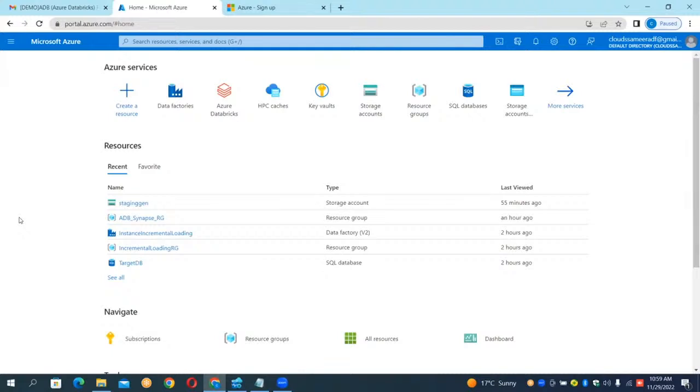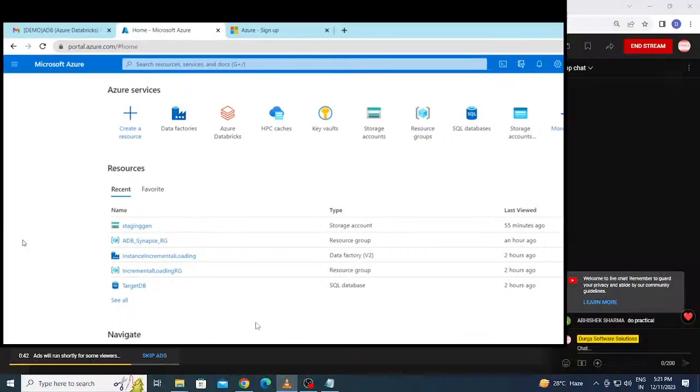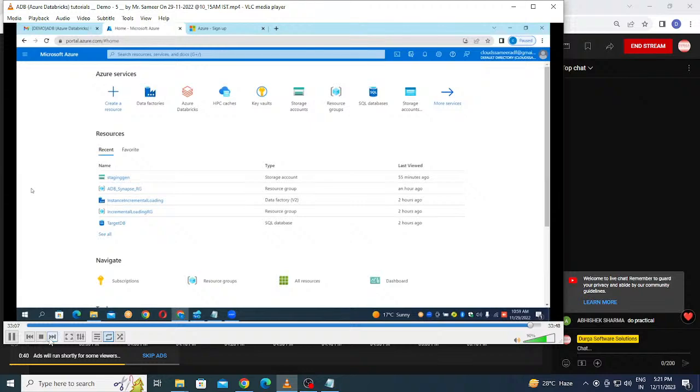Sir, if you want only videos of Data Factory, what would the price be? Will it be separate, or the same cost as the tutorial? If you want only ADF videos taught by you, is the cost the same as the tutorial cost, or may it reduce?